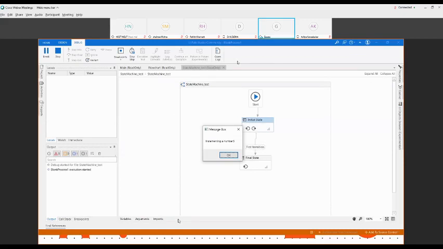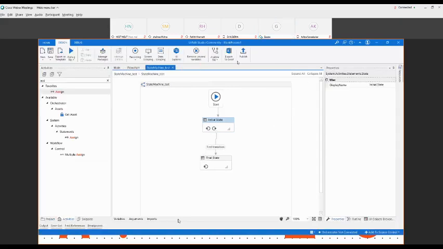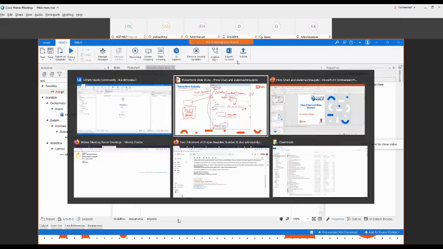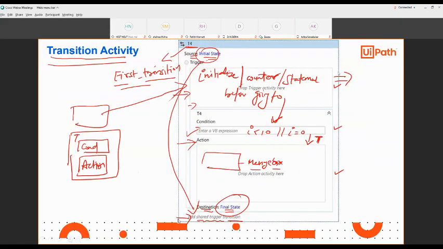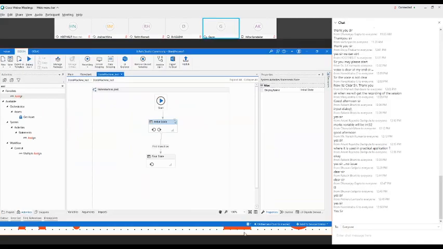After 5, the condition will not match because we are saying greater than 5. After getting 5, it will simply go to the exit state. I hope this section is clear. If anyone wants to see it again, I can show it.